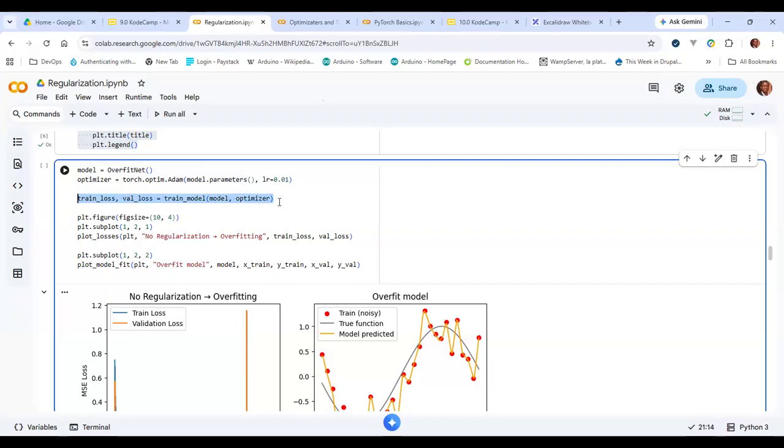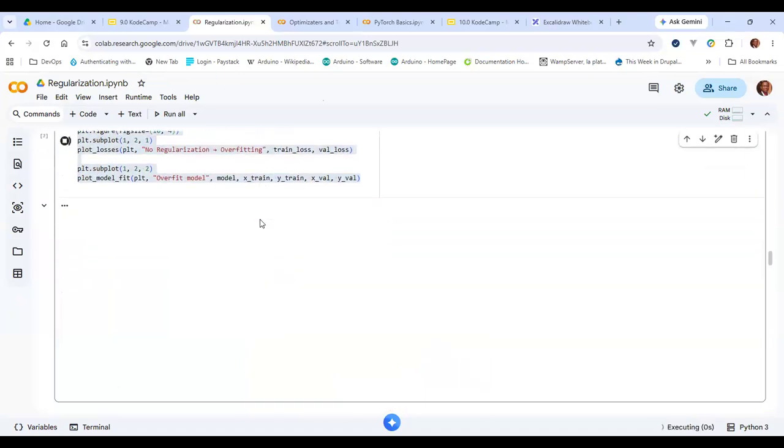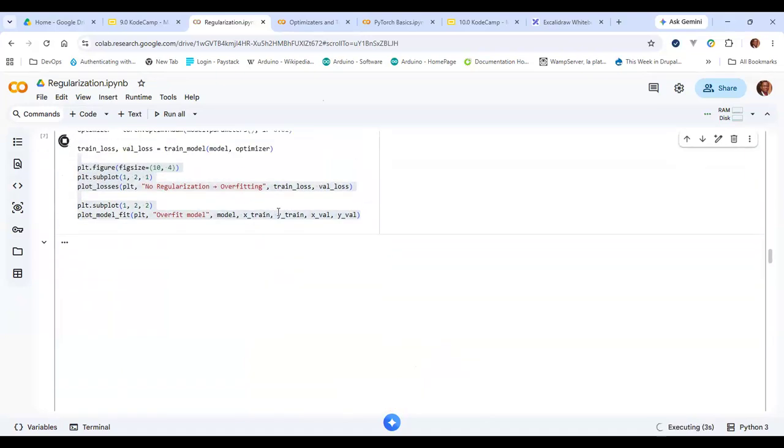There is no L1 decay lambda passed here, so there will not be L1 decay applied. This will be L1 regularization. This will be standard training without regularization. And then we plot the model. So when this happens, you see what happens here. You actually see